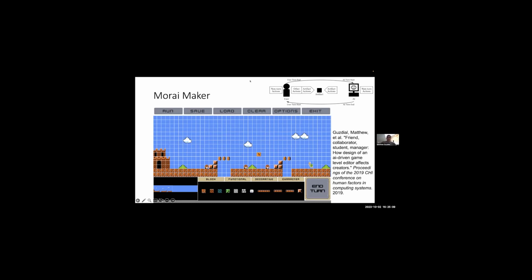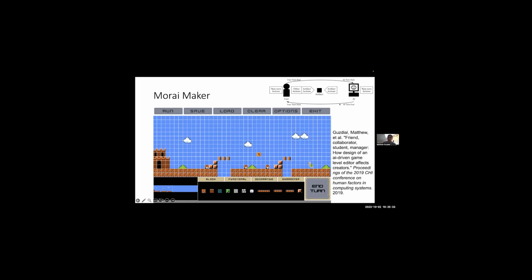So in this case, the human user has artifact actions. They can directly alter the artifact. They have non-turn actions. They can click any of these other buttons. You can see here, there was a run button that I never clicked, but which would allow me to play the level. That would be an example of a non-turn action or another action. There were also other actions: I didn't show you this, but you could request an explanation from the AI, saying, well, what are you doing here? Why'd you do this?